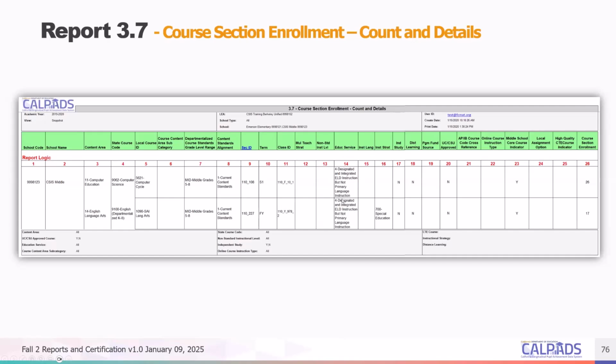It identifies the education service code. What you see missing though is you don't see the teacher information. So with Fall 2, a lot of times you might need multiple reports to paint a picture, right? So this is when you get your technical experts. Hey, Marshall, I need you to make me a table where you combine a couple different reports for me. You find someone who can help you out so that the reports tell the story you want.